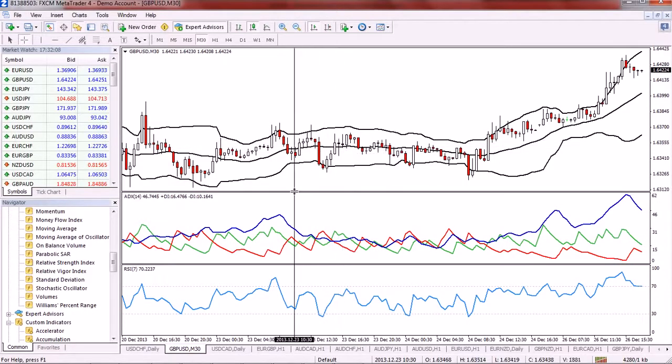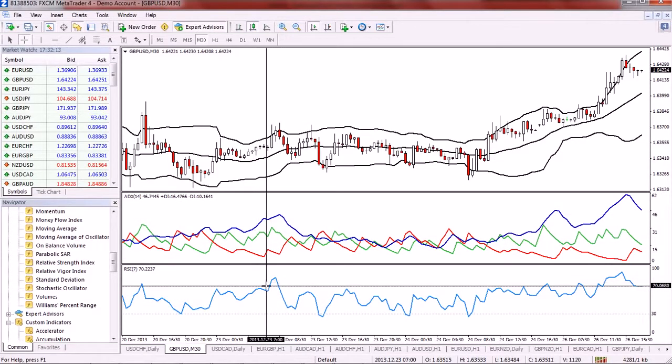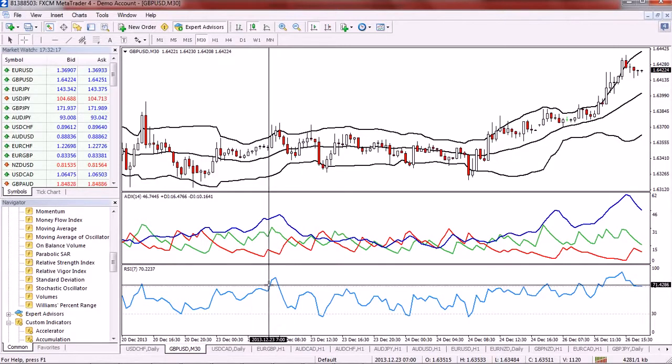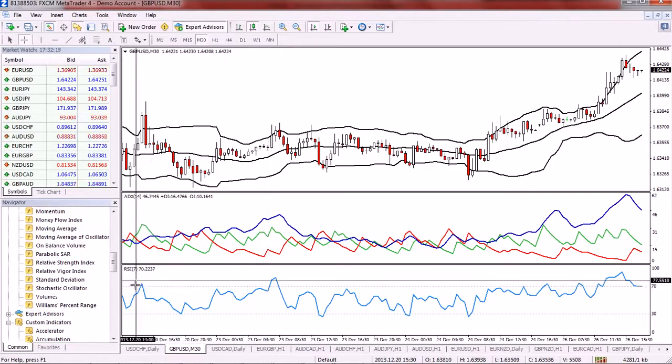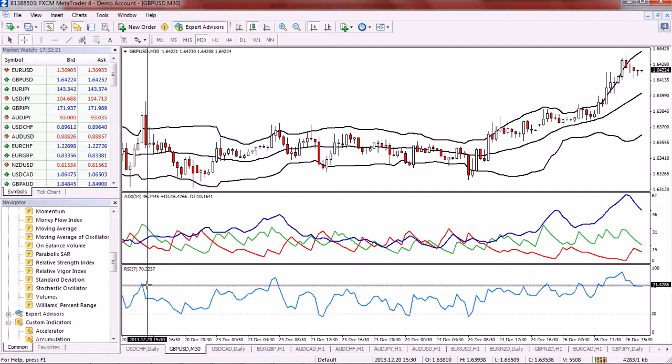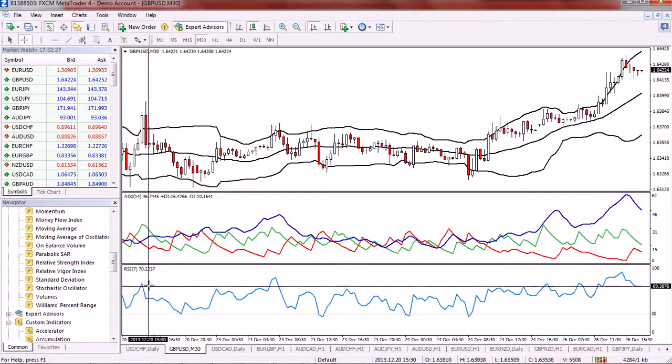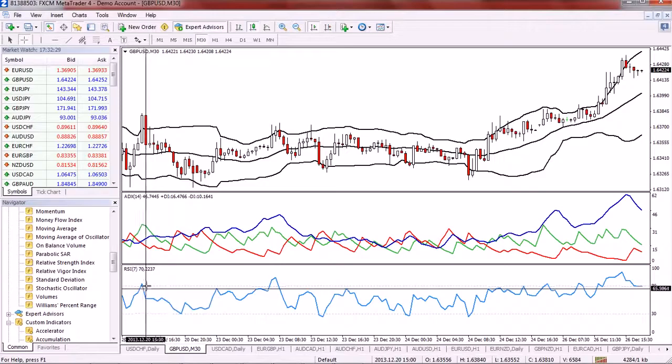And for a short entry, the rule is, first thing, you have to observe the RSI. On the RSI, the indicator should cross the 70 level from above. So if you see